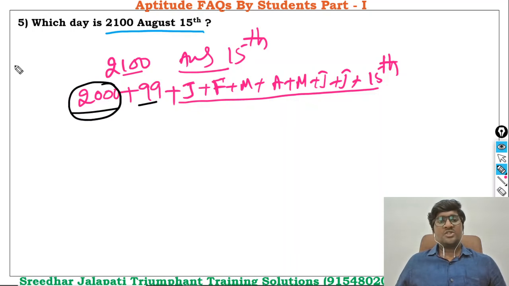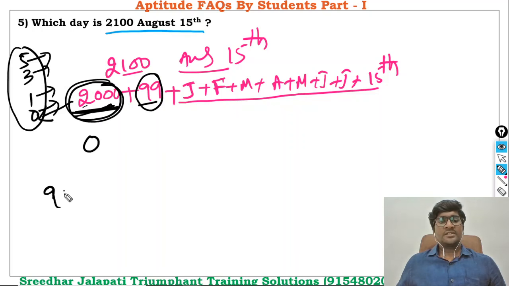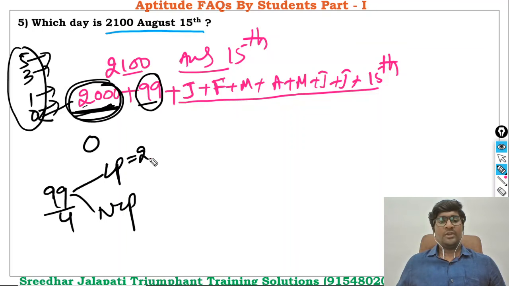These are centuries. If you remember the table 5310, which gives the number of odd days in centuries consecutively, in 2000 years you will see 0 odd days, because this is 100, 200, 300, 400. If you keep counting, 2000 occurs here, 0. And these 99 are years. In the gap of 99 years, you need to find how many leap years, how many non-leap years. As a leap year occurs every 4 years, if I divide 99 by 4, it goes 24 times, so 24 leap years. Then the remaining 99 minus 24, 75 non-leap years.